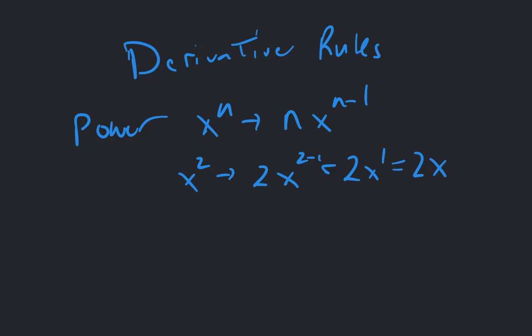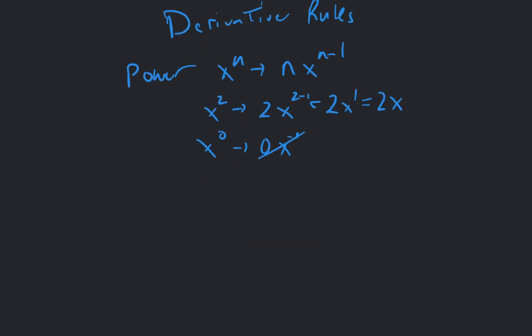If we had the constant, not n, x to the 0, that's just 0 times x to the minus 1, I guess technically, but that's a 0. Doesn't really mean anything. We could do this for any number of x, n,